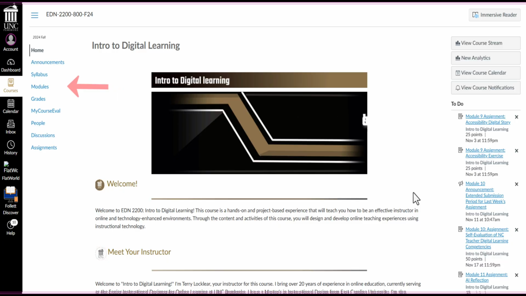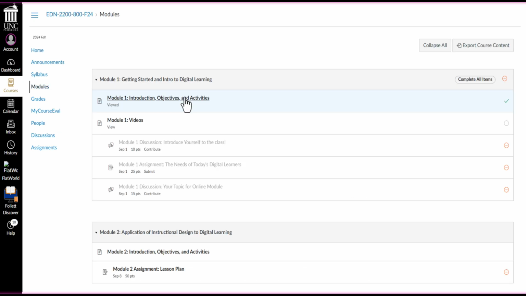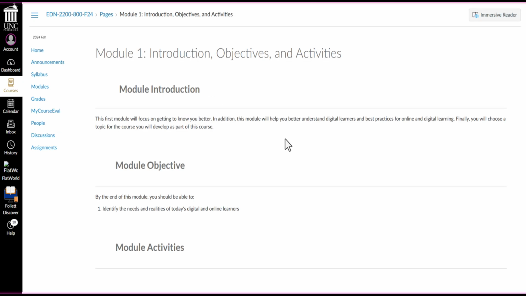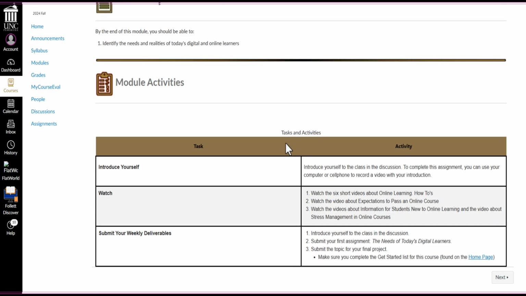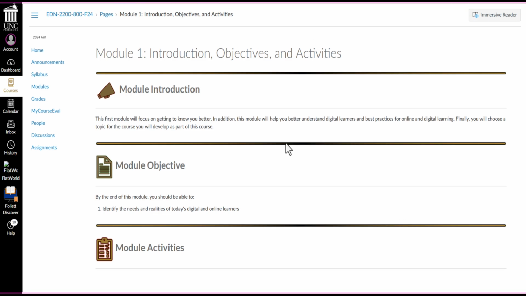Your course is organized into modules. Think of them as your units that break down complex topics into manageable lessons, making it easier for you to follow along. Simply click on a module to access lessons, readings, and assignments. Canvas's structure supports the various media types, so you may encounter quizzes, videos, and interactive content, enriching your learning experience.